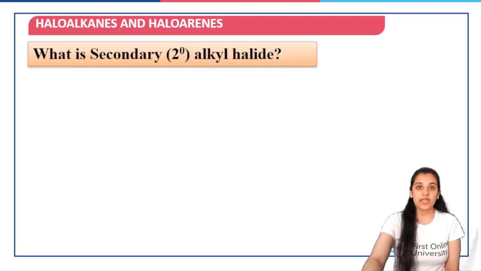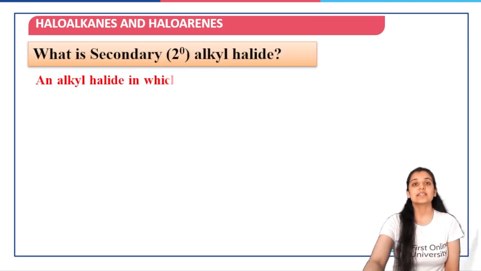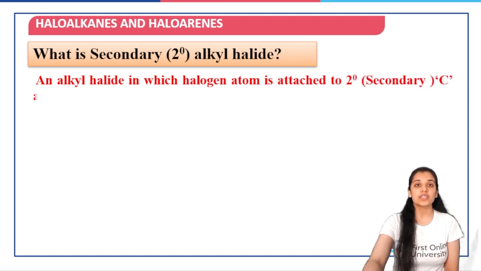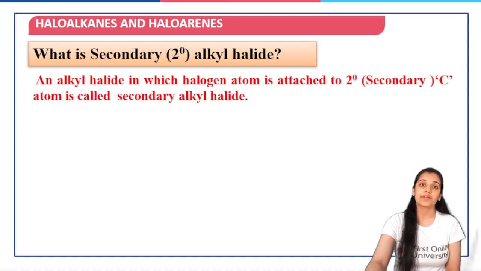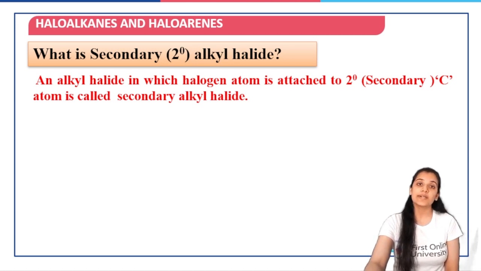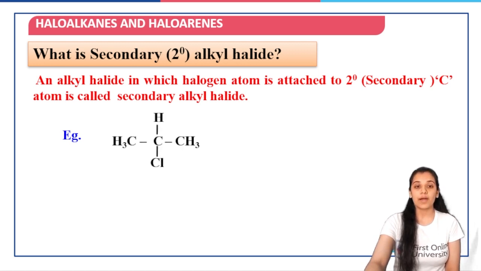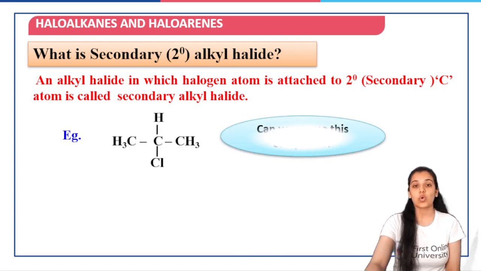Now, what is secondary alkyl halide? Secondary alkyl halide is the one in which the halogen is attached to a secondary carbon atom. The halogen atom being attached to a secondary carbon atom means that this carbon atom is further attached to two other carbon atoms. For example, if we talk about this particular compound,